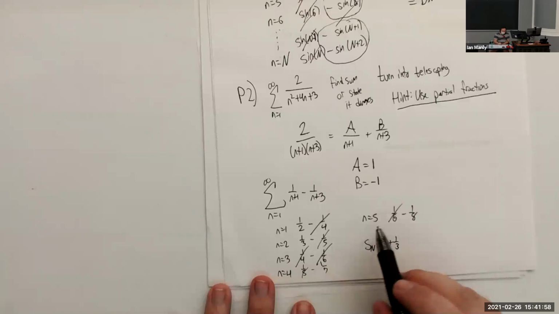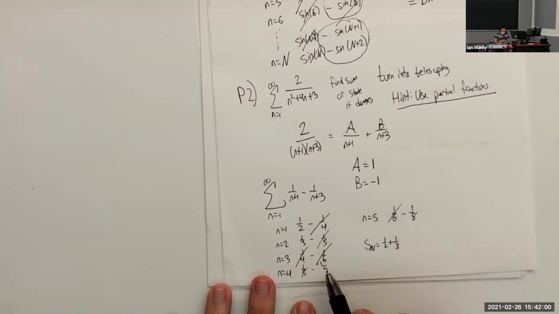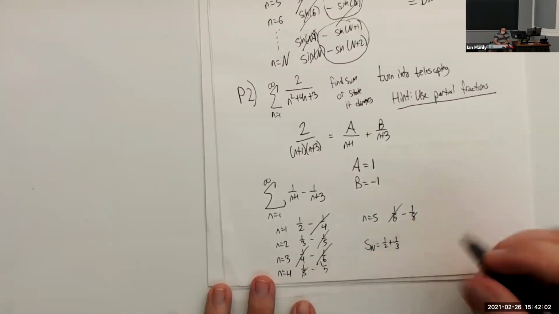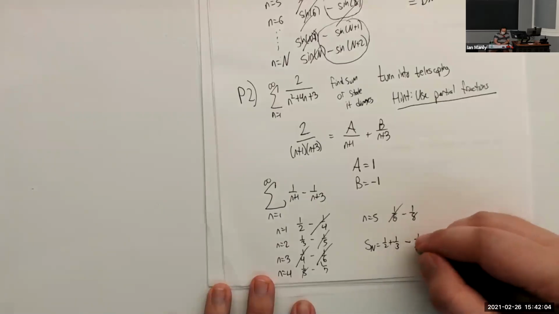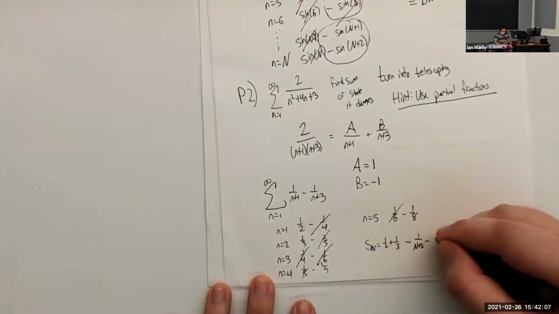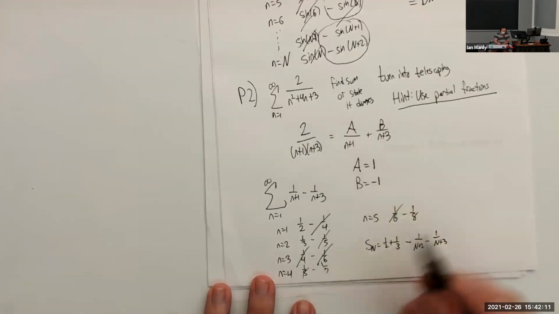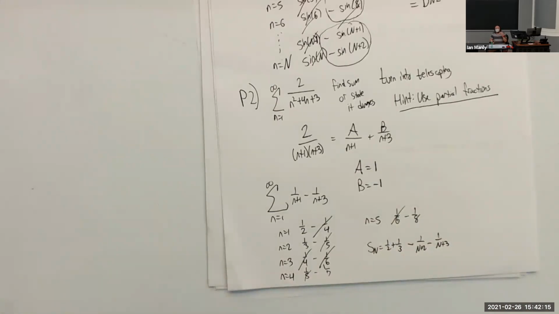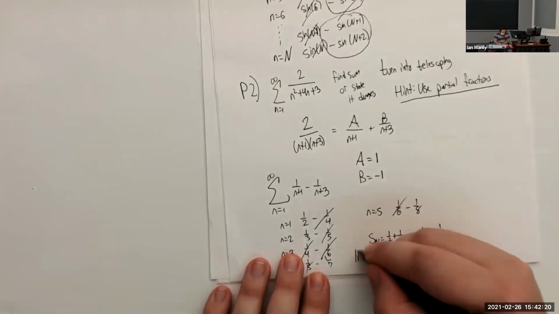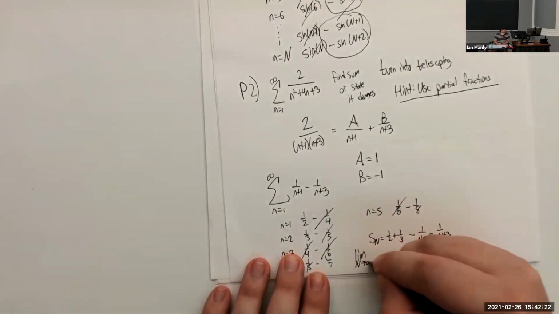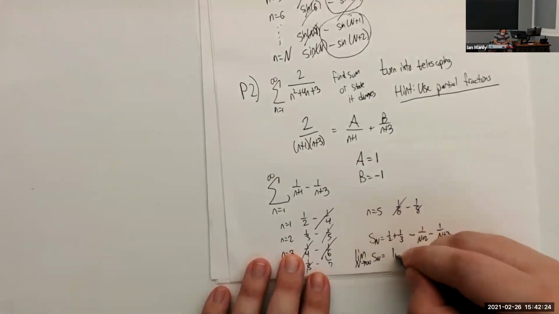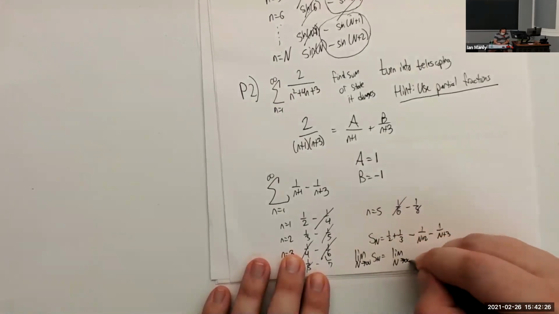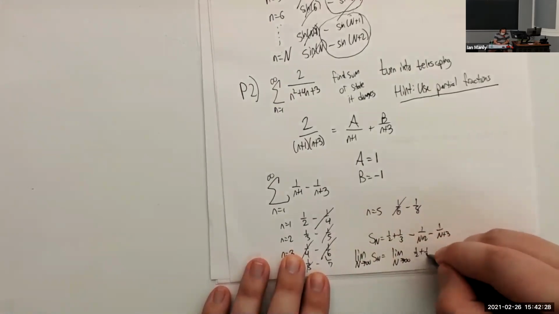And then let's see. When I'm at n equals 5, I have a 7 and 8 left over. So I have 1 minus 1 over n plus 2 minus 1 over n plus 3, because I was at 5 and I have a 7 and 8 left over here. So wherever I stop, I have 1 over n plus 2 and 1 over n plus 3. And then finally, if I look at the limit as n goes to infinity of this,